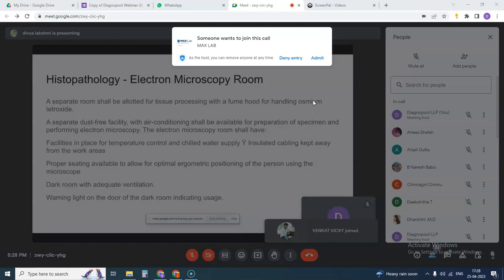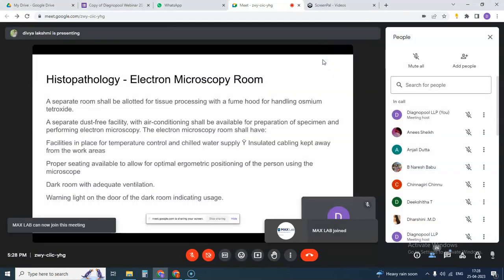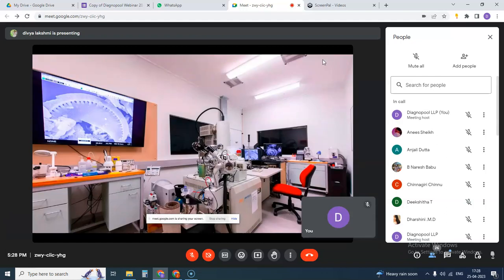Histopathology: in certain labs where histopathology is done or processed, you should have a separate area for grossing, a separate area for tissue processing, and a reporting area. When it comes to the electron microscopy area, you will need a bigger room because the electron microscope is bigger compared to the normal compound microscope which you use. This is the electron microscope and the room should be a dark room. You should not have any light apart from artificial lights, and only when required will these lights be on, and you should have a separate